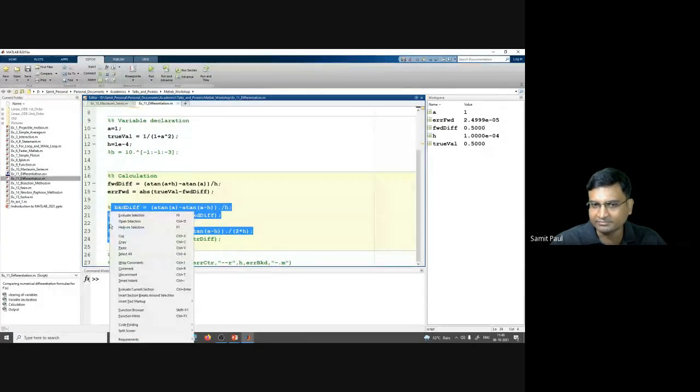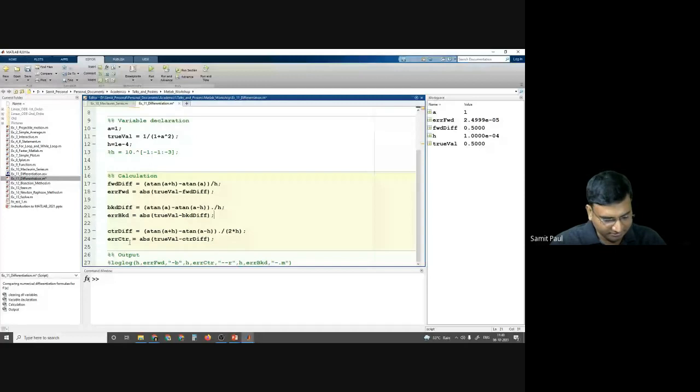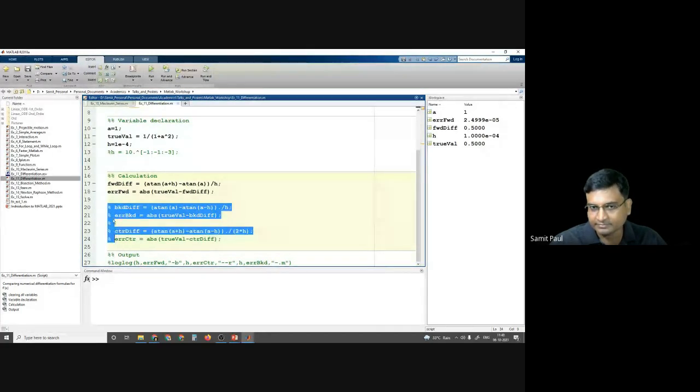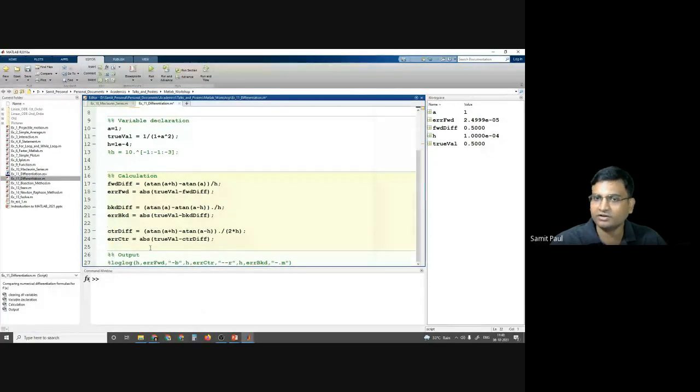Right click on them and uncomment. Okay, so these are now live commands. Let us do it once again. I have pressed Ctrl Z. Select them. Right click on them, and then click on uncomment. So these are all now a part of the program.